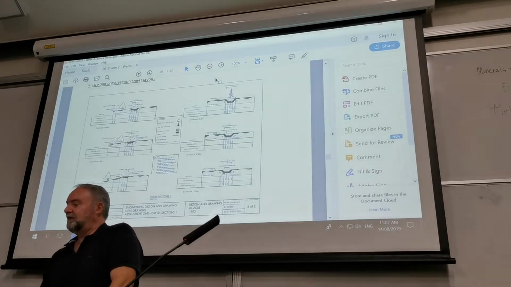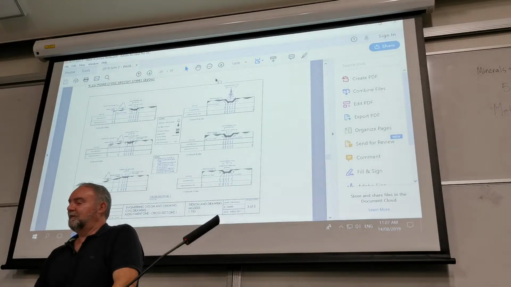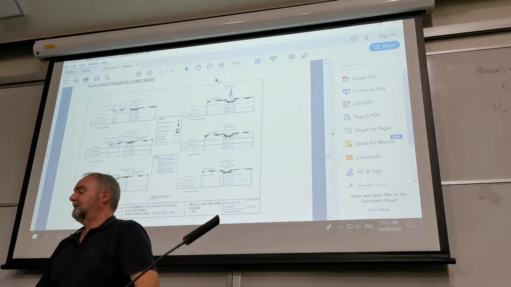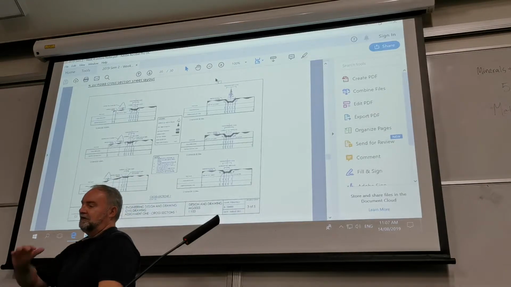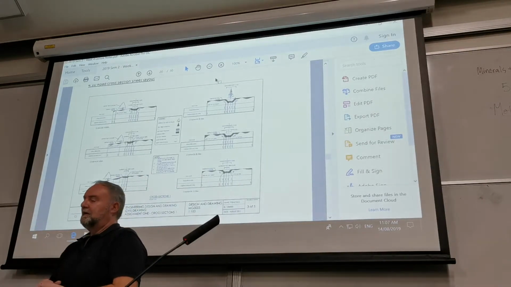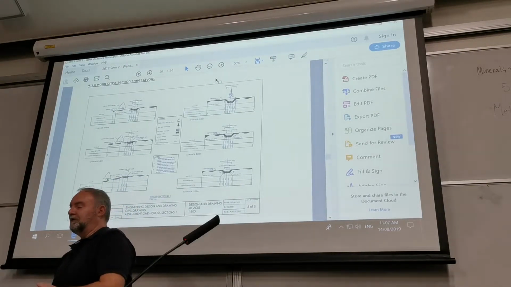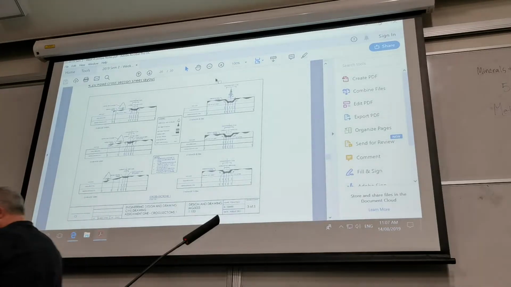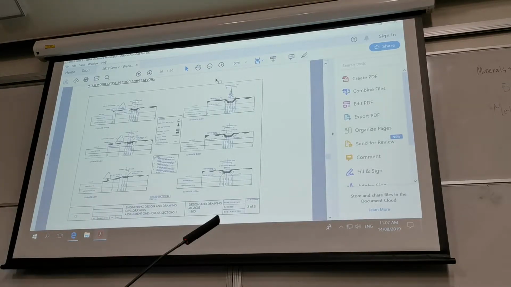We always have notes and symbols on there, but there is a very big difference in terms of things like the trees that you put on your long section, because they're going to be squashed down. The other thing is, on cross sections we need a point of reference. So on a normal country road, it is normally the centre of the road,